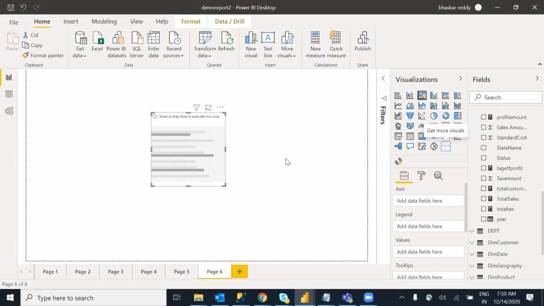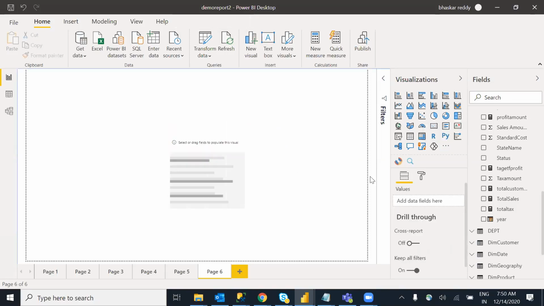Just search for your visualization, it will display something, then click on it and it will be automatically added over here. That's it. You don't have to do anything else. Search for your visualization, or you can Google what the different visualizations are. If any one fulfills your requirement, you can get it and use it.